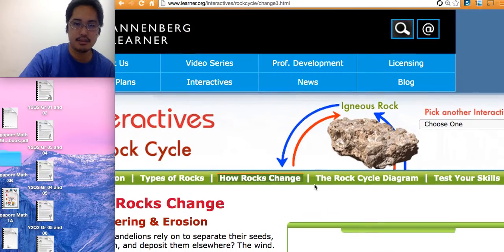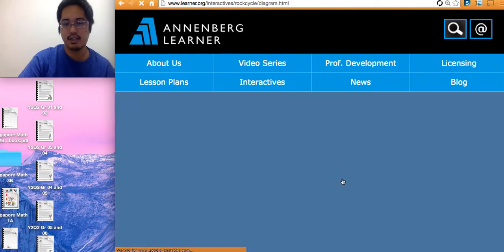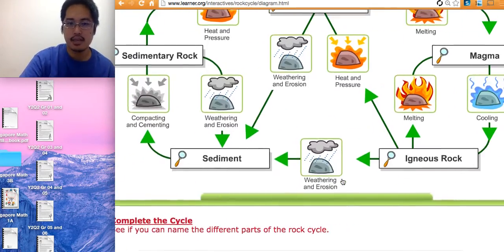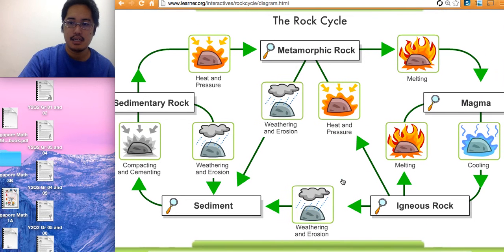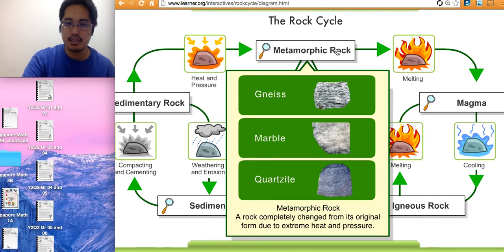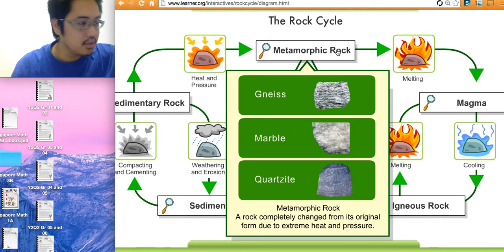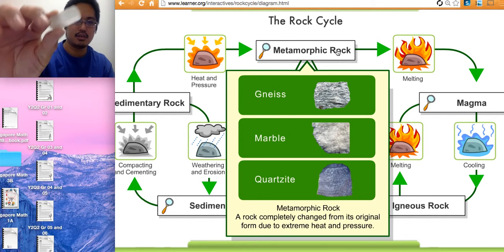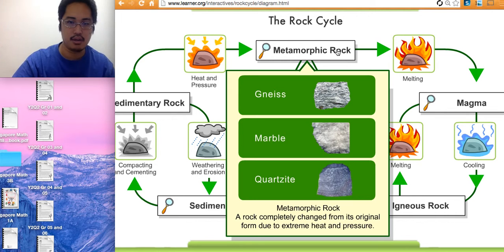All right, let's talk about the rock cycle diagram. Now, the rock cycle diagram is basically showing you how one rock will change into another. So, if you start anywhere in this diagram, for example, metamorphic rock, which includes some quartz,